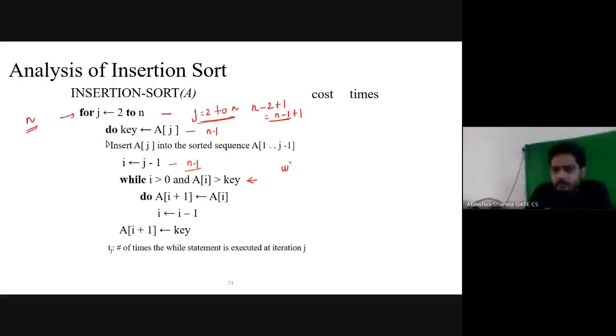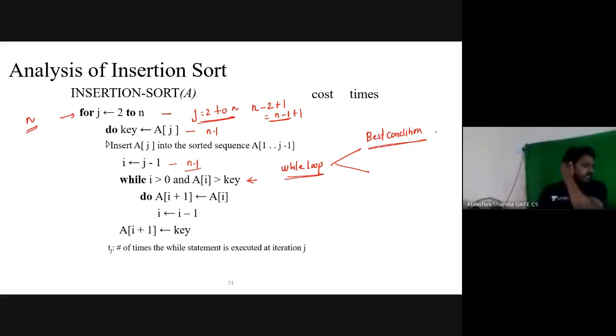Let's come to this while loop. Now for this while loop, what is the best condition? Please respond. What is the minimum number of times this while loop will execute? I'm just being a bit mathematical here, but I believe that you can answer this simple question.